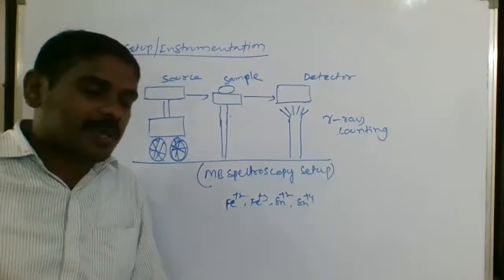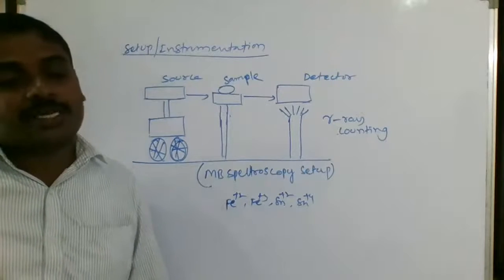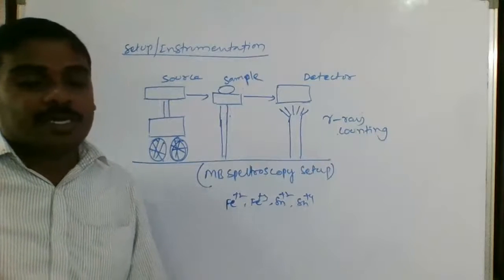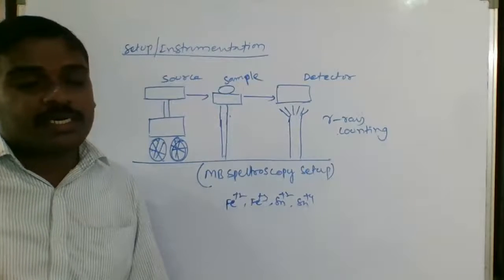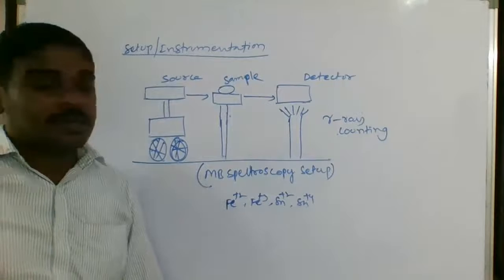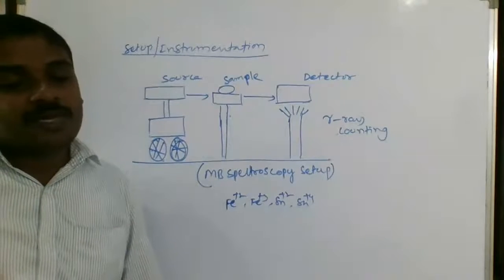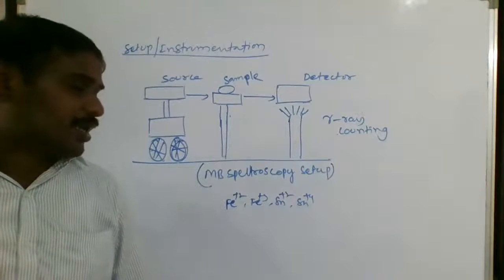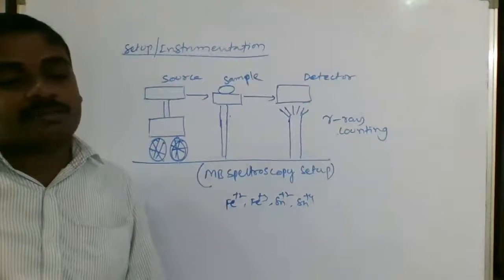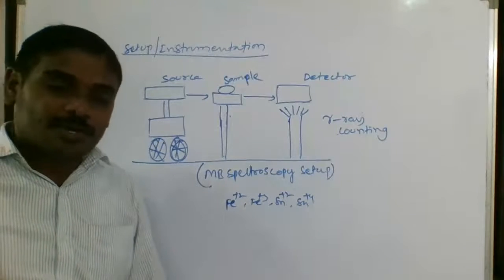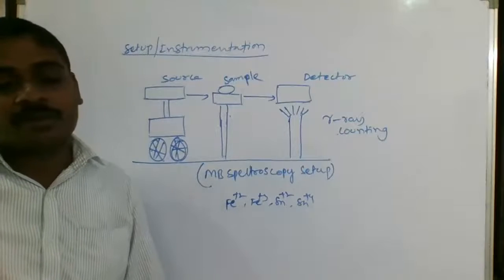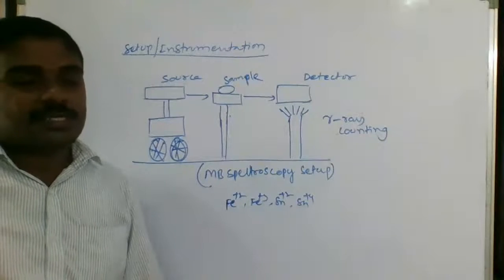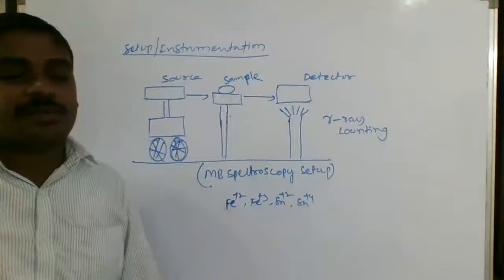Next, it explains the magnetic properties. Magnetic interactions can also be studied in different compounds by using the Mossbauer spectrum. It is a very powerful tool to determine the electronic structure of a molecule, and also the structure of a molecule. That is called structural information. The Mossbauer spectrum gives structural information also.